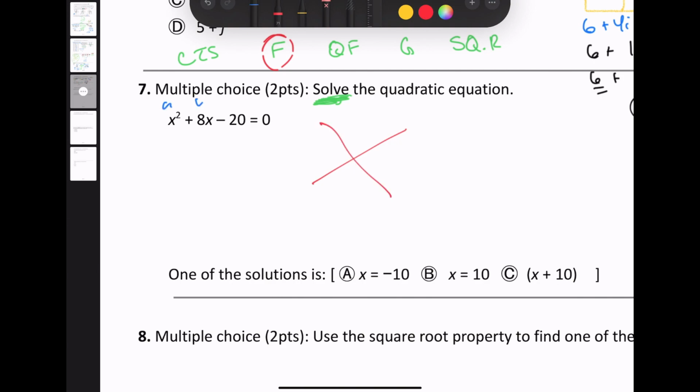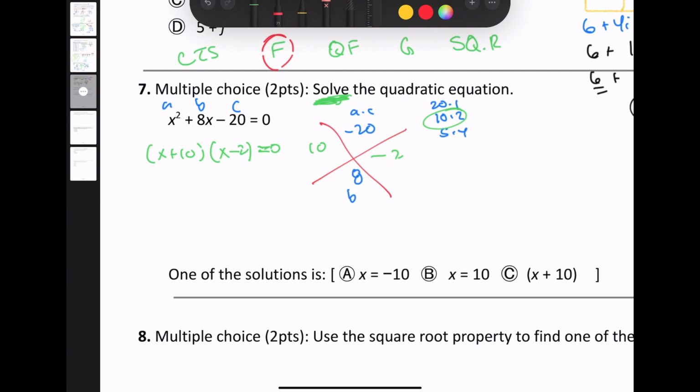A times C is negative 20. My B value is 8. If I think about all the numbers that multiply to be 20, 2, that's negative. So x plus 10, x minus 2 equals 0. In here,